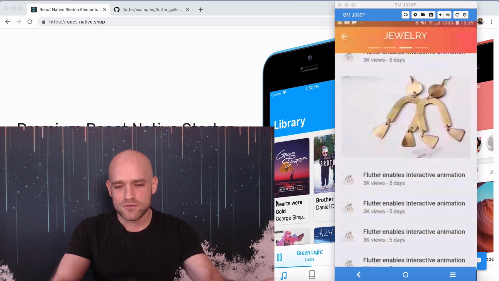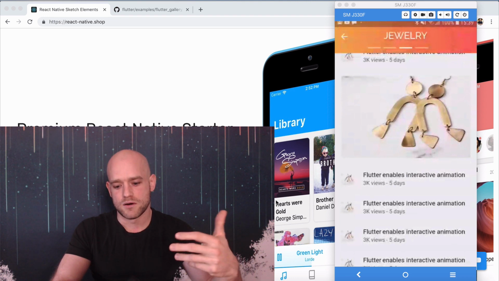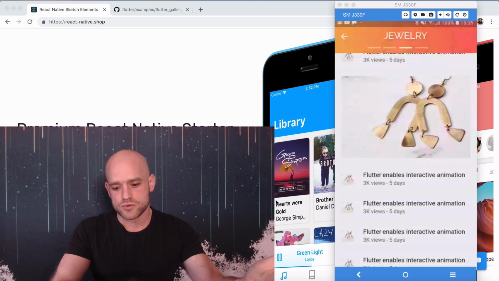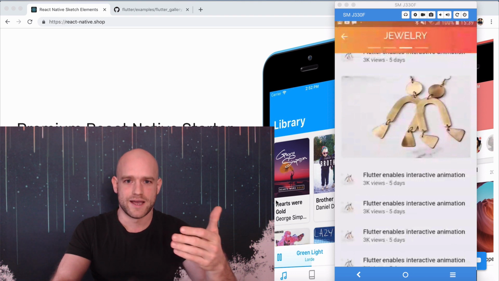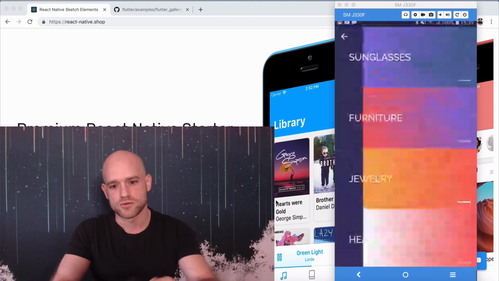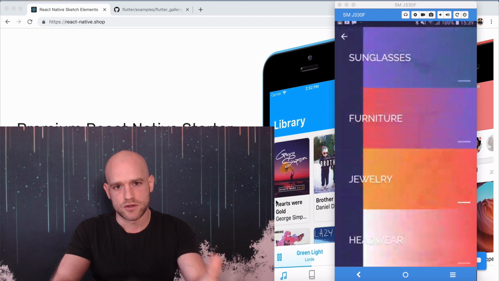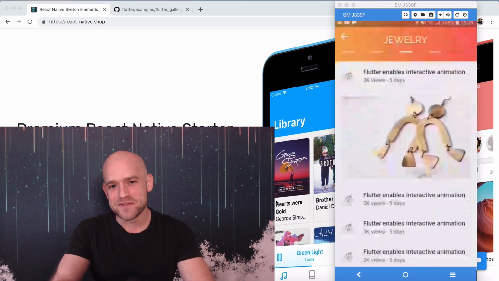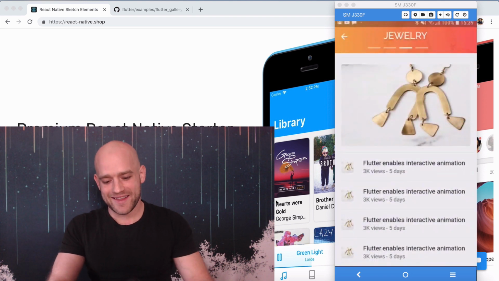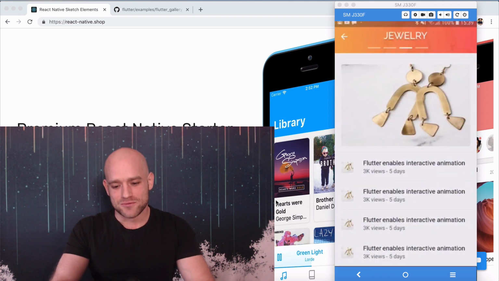And I'm also thankful for the whole open source ecosystem in general, and especially modules like React Native Gesture Handler and React Native Reanimated that enable us to build such an example in a performant manner. So how would we do this in React Native? Honestly, it looks like there is a lot to unpack here, and I think we need